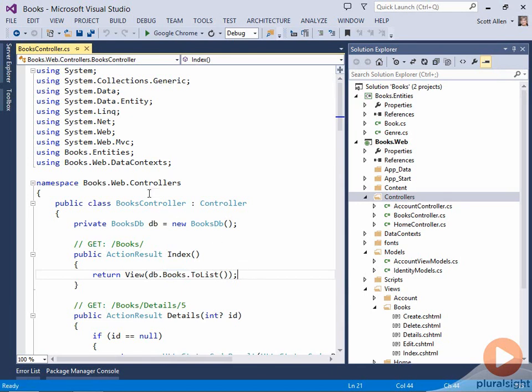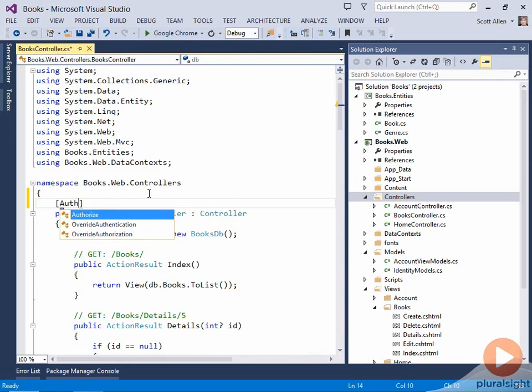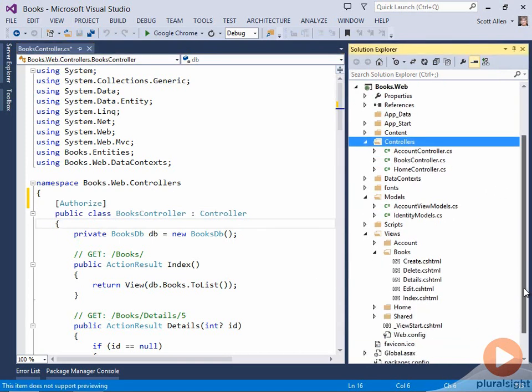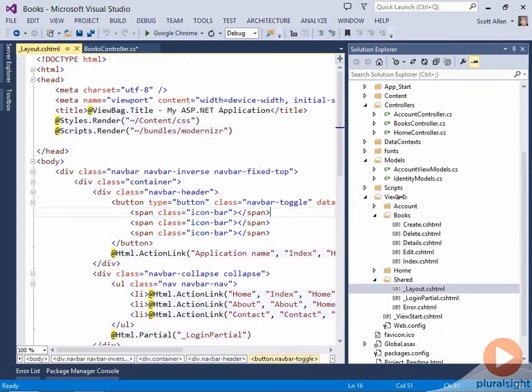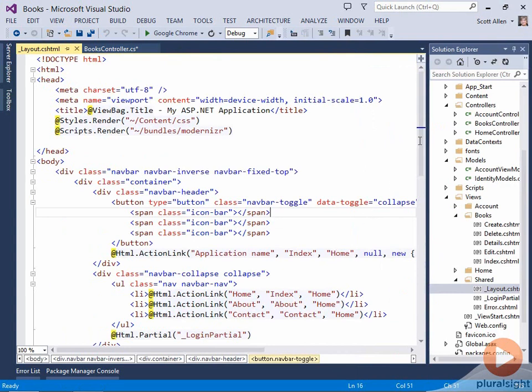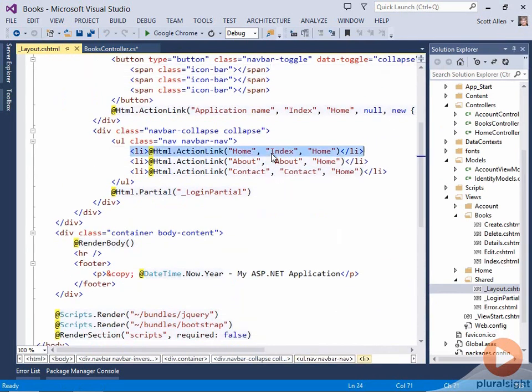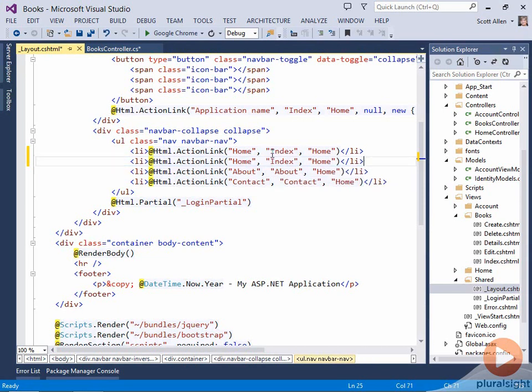One change I would like to make to the scaffolded controller is I would like to add an Authorize attribute. We know now that only authenticated users can reach the functionality inside of here. And before I run it, I will probably need a link in the navigation bar to get to this functionality easily. So in the layout view, where we build the navigation bar, I will take the link for the home page, copy that, paste it in here, and just change the parameters. I want it to display the text Books and go to the Index action of the BooksController. And with that change in place,